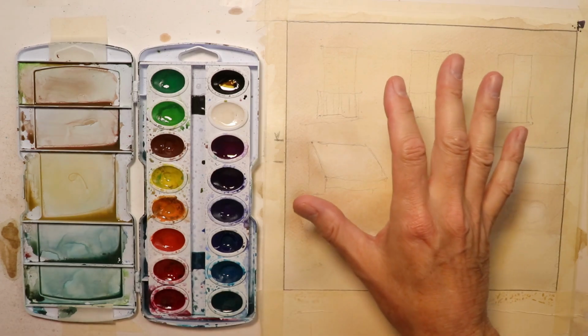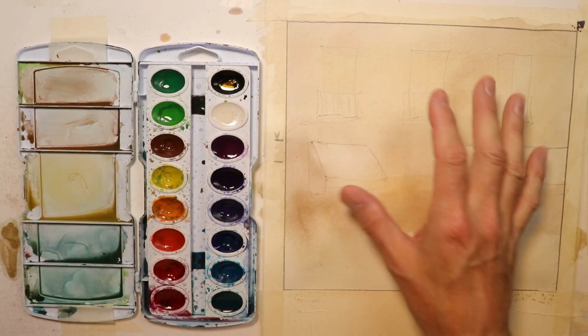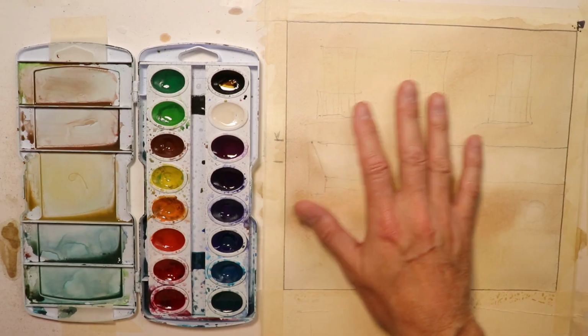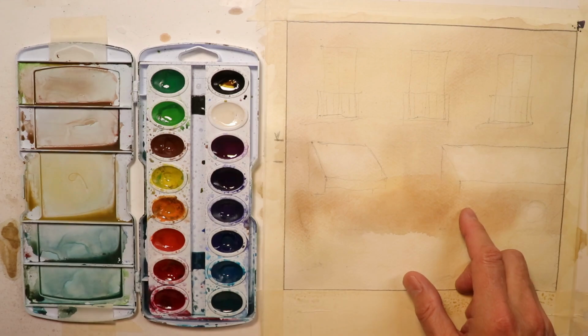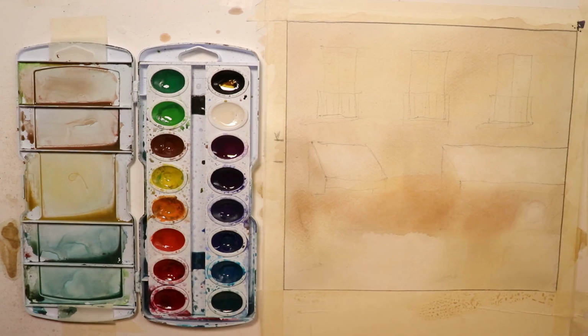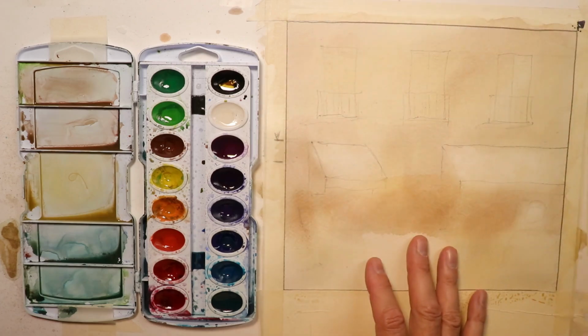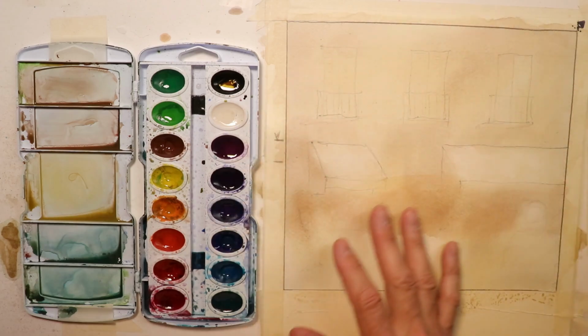All right, we use the blow dryer. Some of you might have let yours dry naturally. I used the blow dryer. Got a really good result here. The paper is almost flat again. When I added that first glazing, and you'll notice when you do your first glazing, keep that in mind, your paper's going to really buckle a lot because you're dampening your whole paper quite a bit and soaking that paper, and then you're going over with that really light glazing, that first glazing